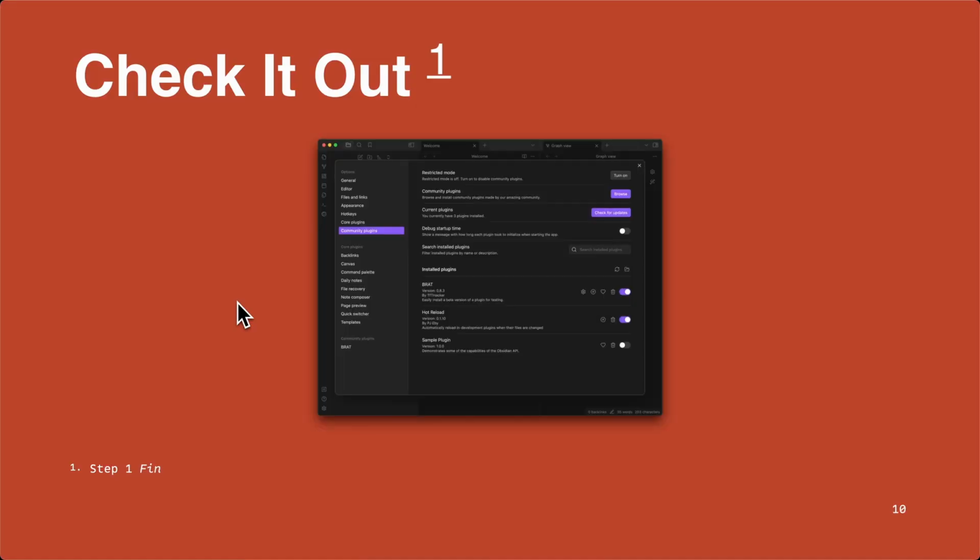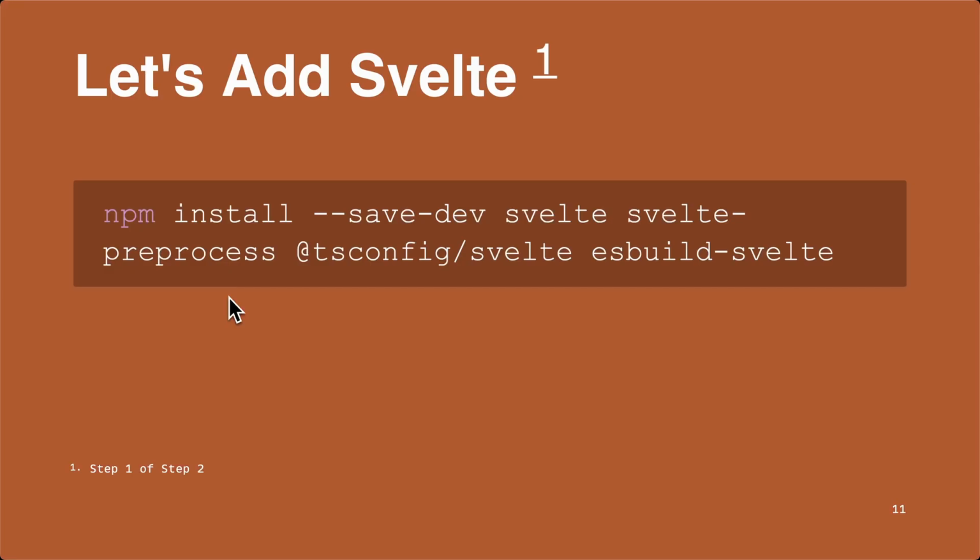So here we are finishing up, we went through step one, we got the sample plugin repo created, we linked it up to a test vault, and then we stepped through the different things that the sample plugin is providing, showing you where they're at in Obsidian. And now we're going to walk through how to essentially use Svelte and get it set up to use it to build our settings. Here we're showing the npm install command that you need to run to save the dev